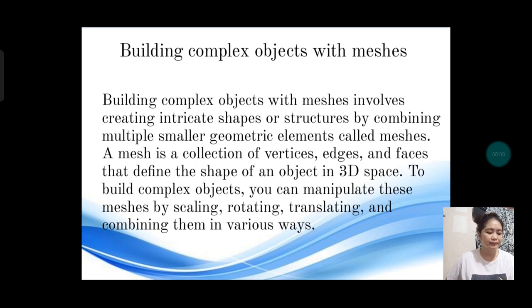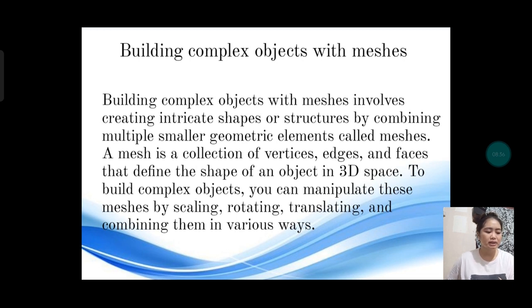Users can manipulate vertices, edges, and faces to shape each component and then arrange them spatially to form the final object. This approach allows detailed control over the geometry and appearance of the object, enabling the creation of intricate and realistic models. So here are some examples.